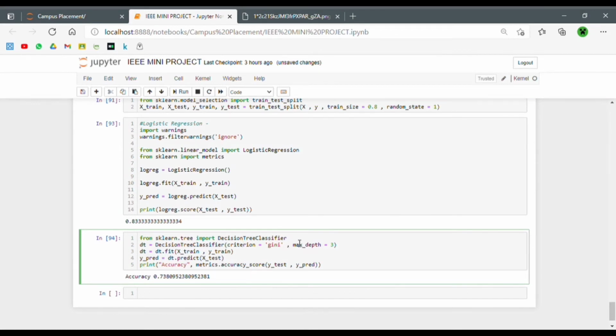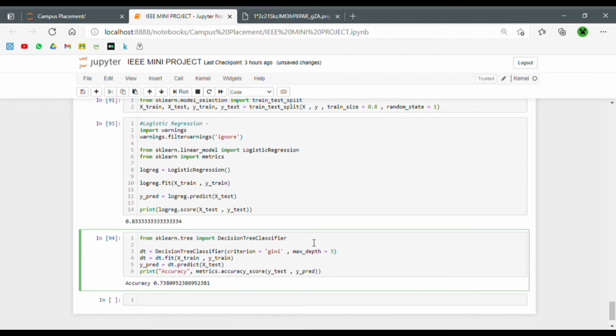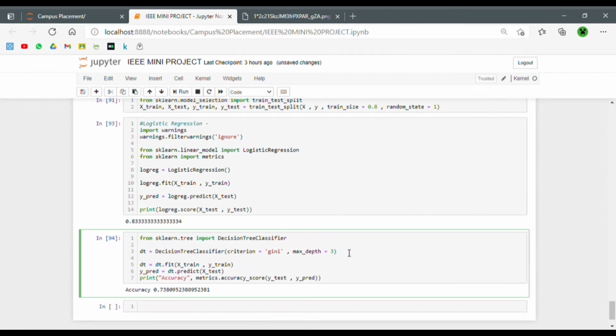Just like before, we've imported the DecisionTreeClassifier from the sklearn.tree library, and then we've created an object dt of the class DecisionTreeClassifier, and these are the hyperparameters. If you want this particular model to work well, you have to tune these hyperparameters. It's a really important step that I'm skipping right now, because it's going to take a lot of time.